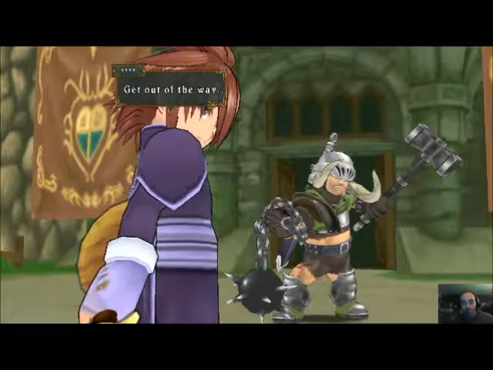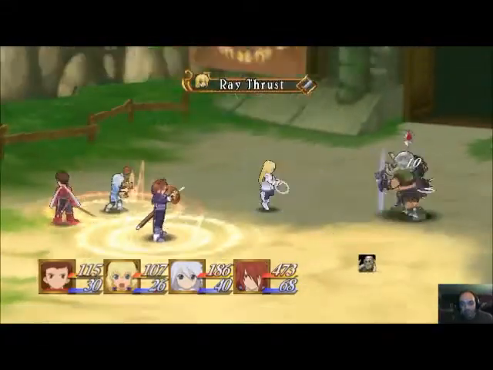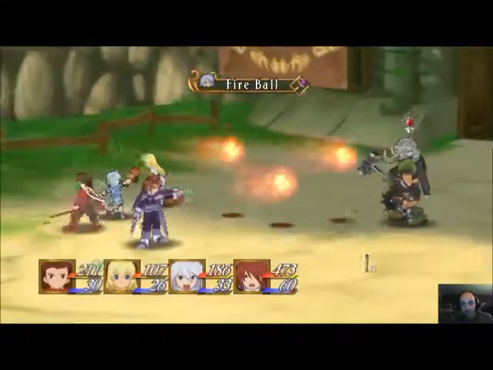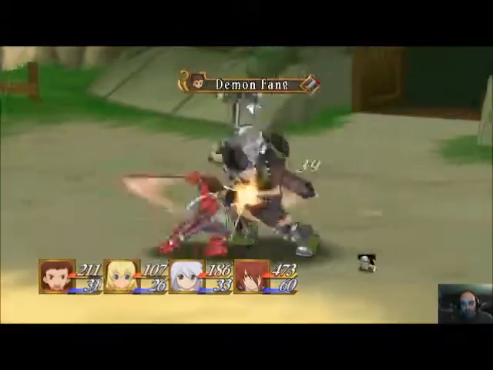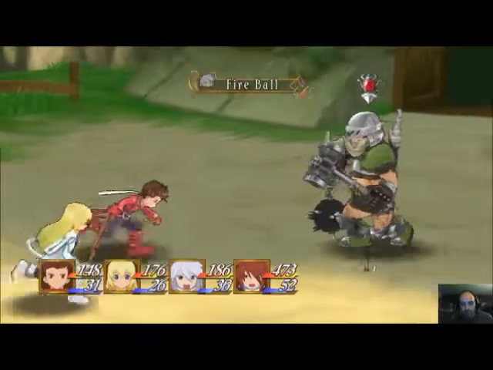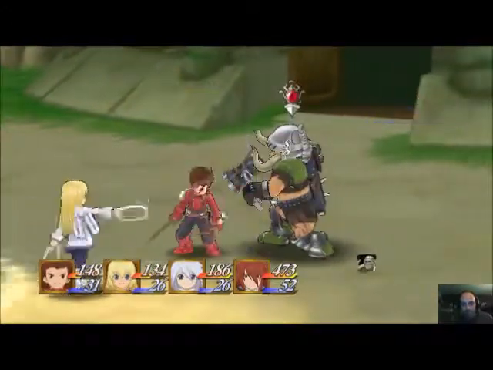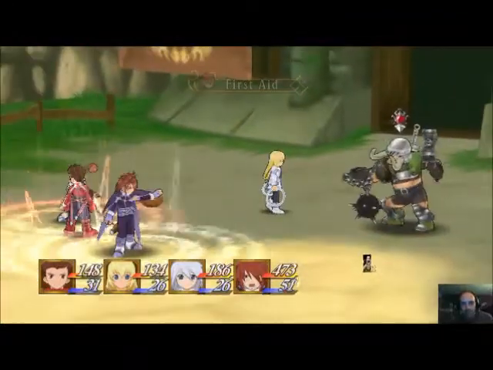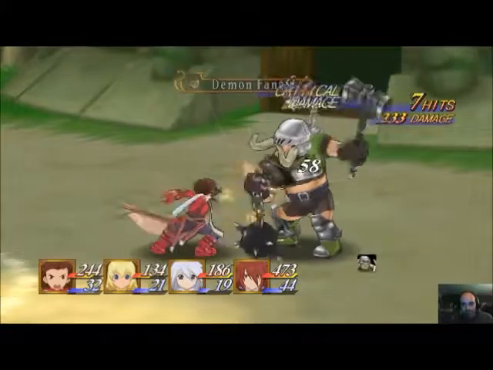And he has the coolest voice ever. And he also has the very important ability to heal. Yes, he has the first aid ability, which allows... Oh, snap. The first aid is your basic heal move in the Tales games, and it is essential at this stage in the game. And this guy...